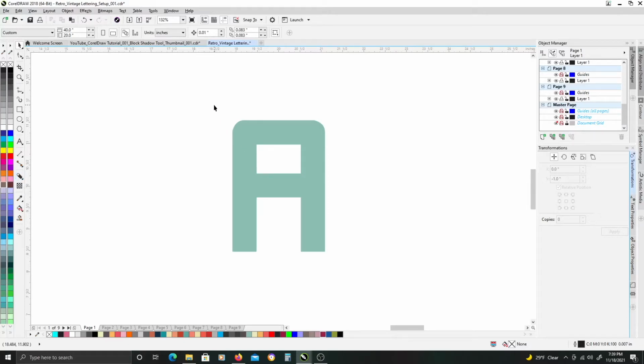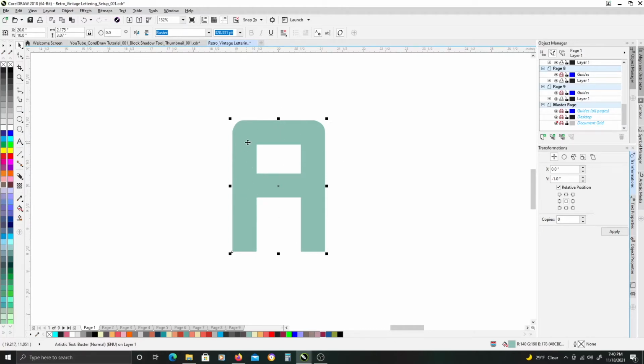So if you are new to this tool, go ahead and either create an object or type a letter, preferably one similar to this that has some thickness to the actual letter itself. A good block letter will be good for our purposes,